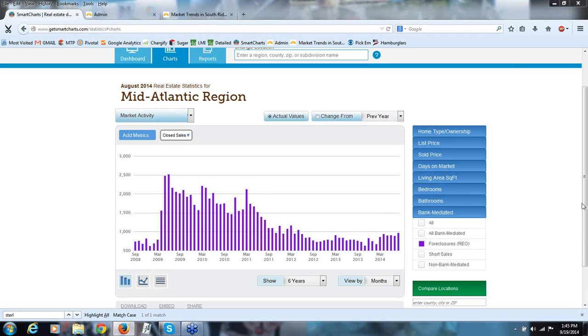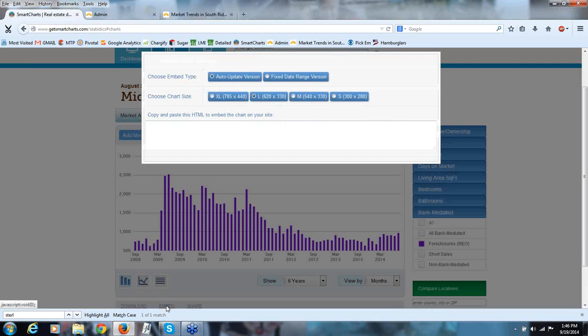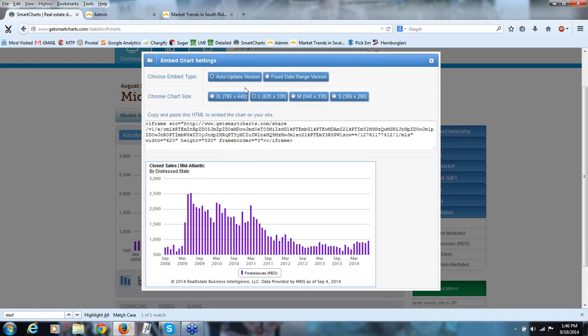I uploaded SmartCharts to my Facebook page to automatically update. However, as of today, it is still showing July 2014. When should it update to August? So if you're uploading something to Facebook, Facebook isn't friendly on iframes, which is what embedding really is. When we talk about embedding, since I didn't cover it, embedding means I'm clicking any particular chart and clicking embed, and then I get this little code snippet, and I can choose for auto update version or fixed date range version. If I do fixed date range version, it'll stay in August 2014